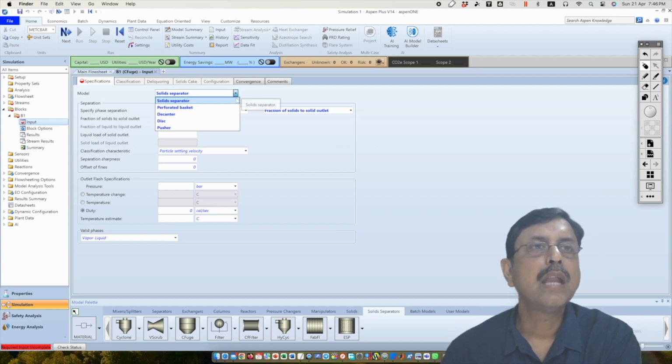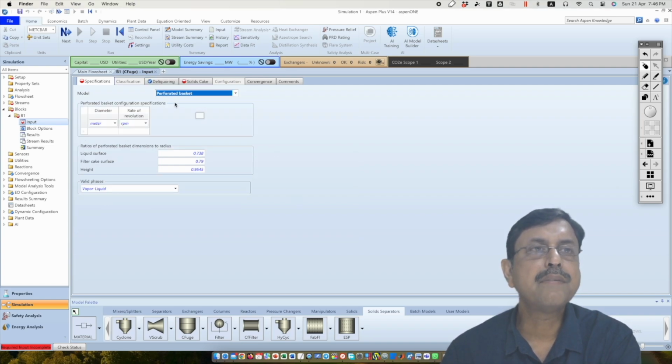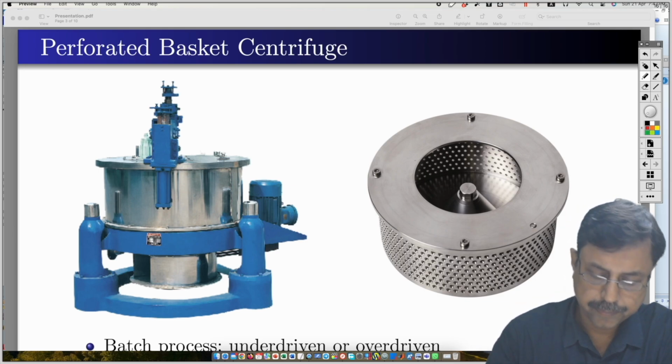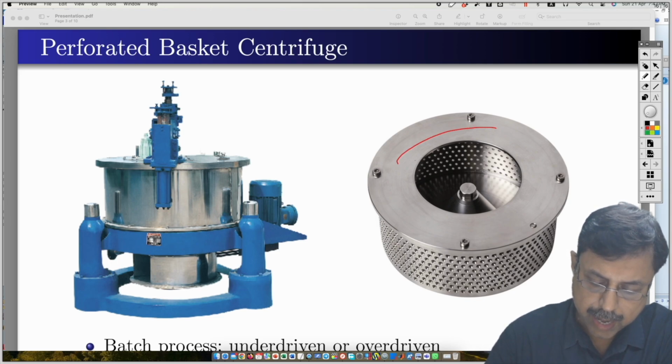Okay. Now first, let us understand what is perforated basket. The moment you choose perforated basket, it will ask for the diameter and rate of revolution. Now first, let us understand what is the perforated basket. So this is the perforated basket centrifuge. You will find a basket over here, and this is the perforated wall,